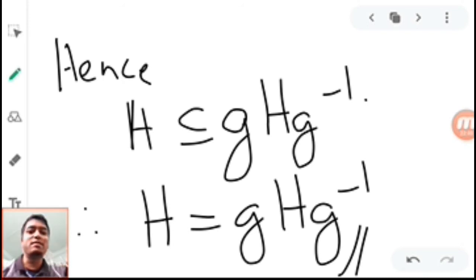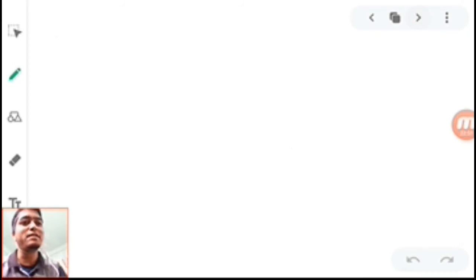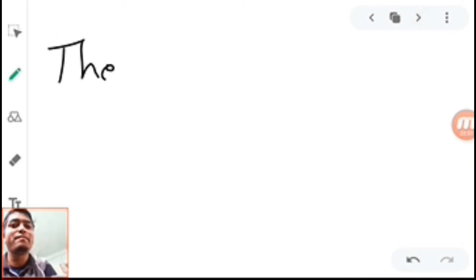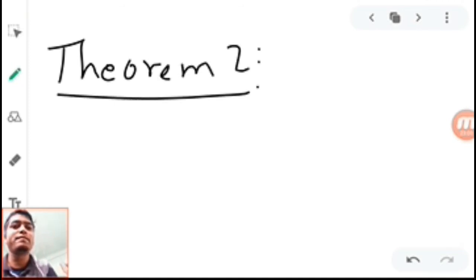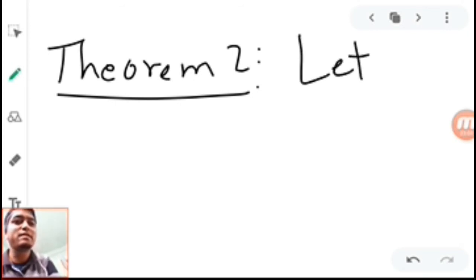We have managed to prove the direct way and the converse as well. So do not worry, I will write the proof down properly and send it to you in the WhatsApp group. While we still have time, I will do the second theorem, theorem 2. Theorem 2 says: let H be a subgroup of G,